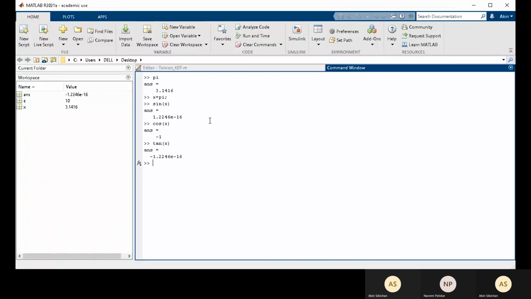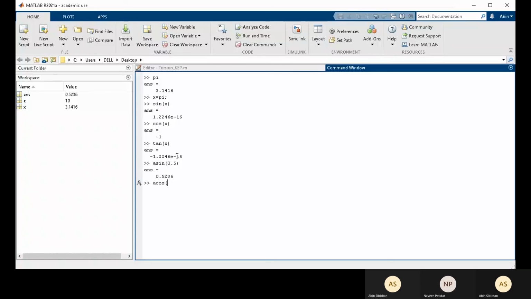These are some very useful mathematical functions, very easy since the syntax is the same as what we usually use for writing. We also have acos, asin, and atan, which are cos inverse, sine inverse, and tan inverse. So atan stands for arctan.